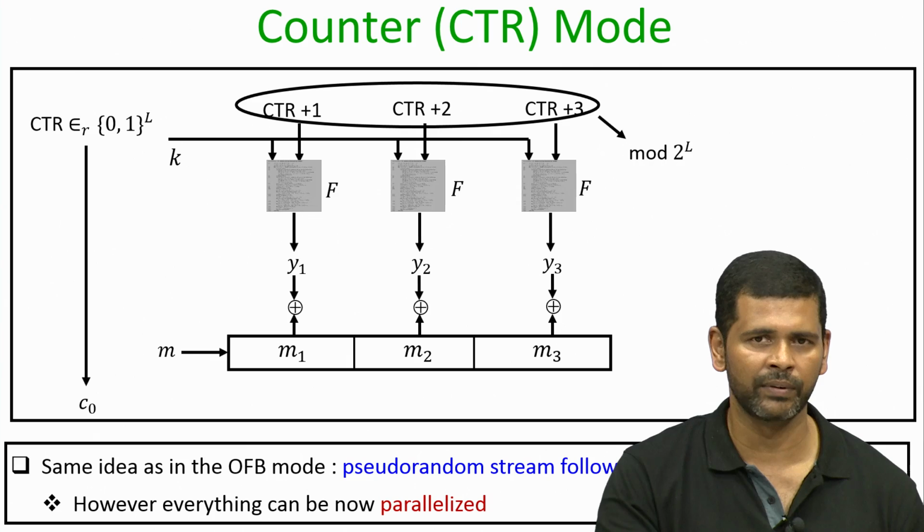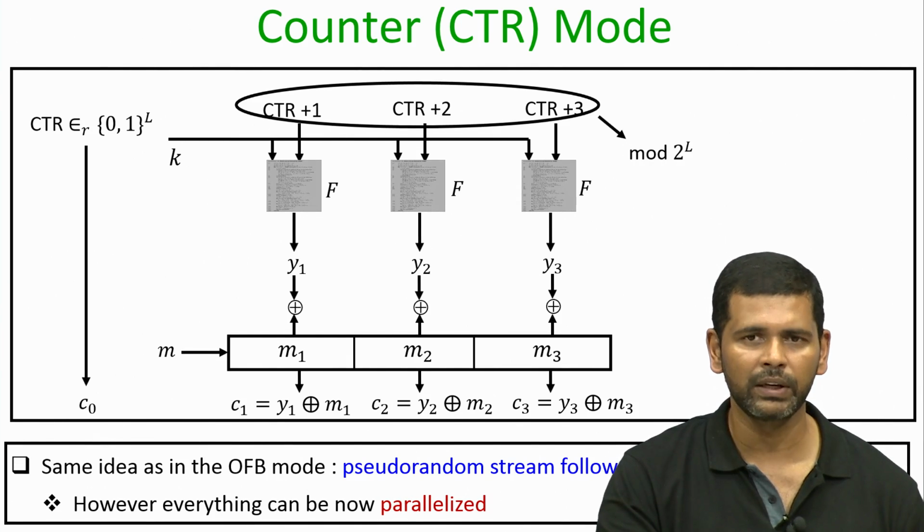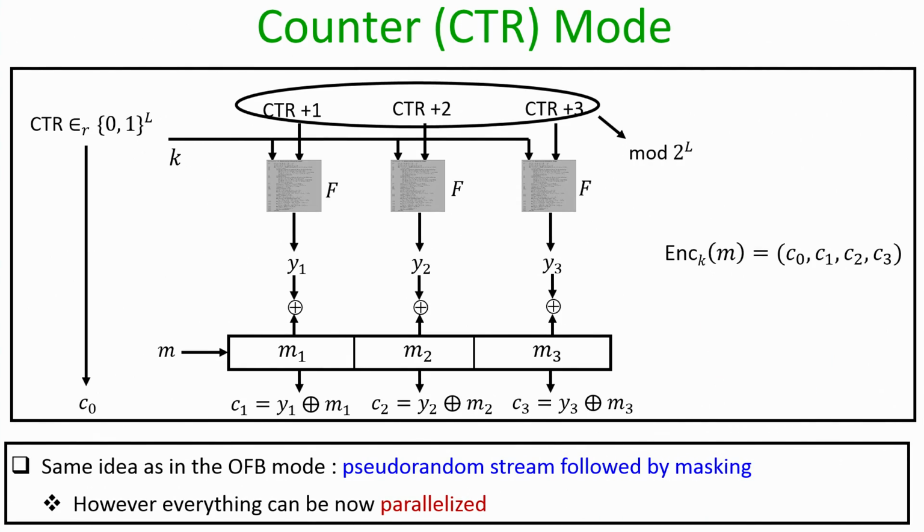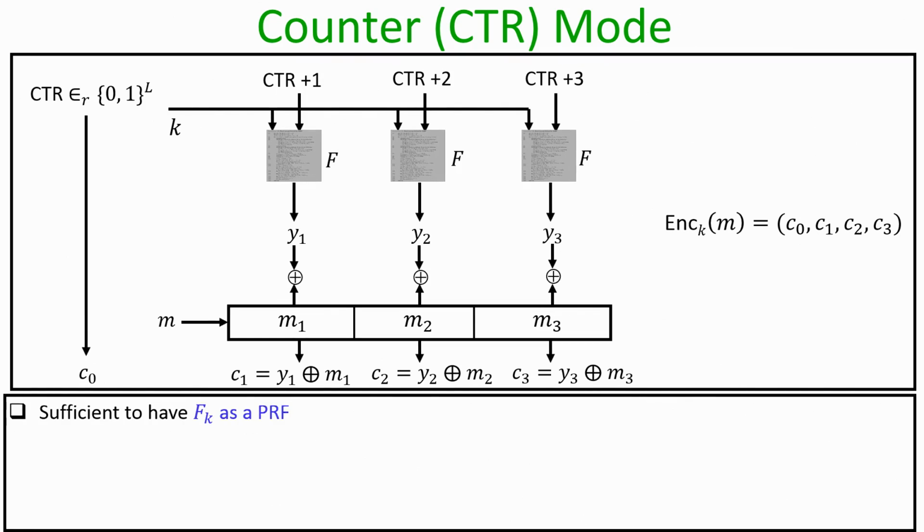So, that is the only difference here, the way we are generating the pseudo random stream of pad. All the remaining operations remain the same as in the OFP mode. Here again the actual encryption of the message will consist of your counter value, which will be the C0 block, and the encrypted blocks will be C1, C2, C3. Okay. So, as in the OFP mode we can formally prove that it suffices for the underlying keyed function to just be a PRF for the counter mode of operation to be CPA secure, because for the decryption purpose we do not require any inversion to be computed. So, that is why it suffices for the underlying keyed function to be just a PRF.